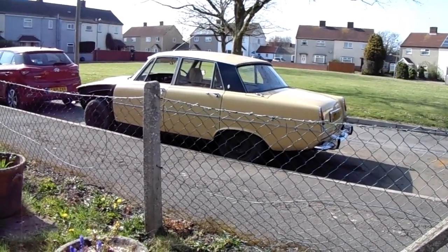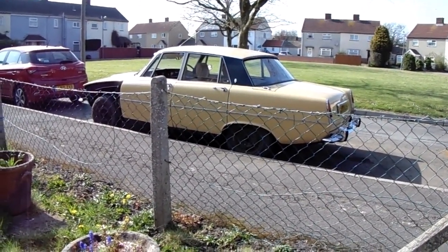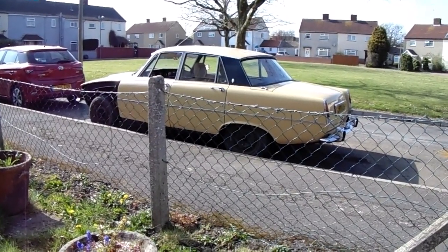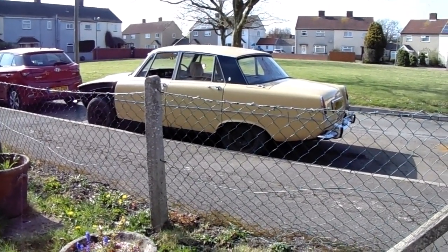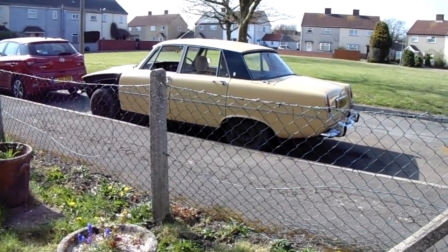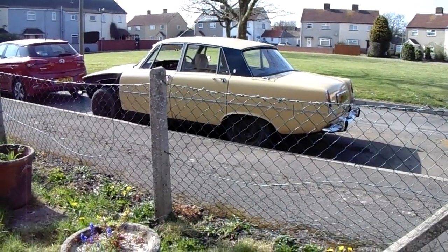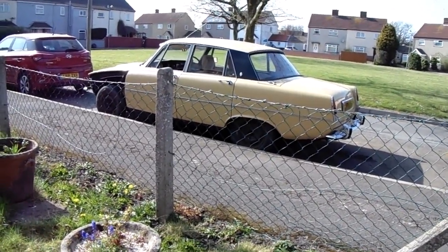And I've paid the earth for this car, that's the trouble. I paid far too much for this car. I rushed into it a little bit really. It was just the fact that it was exactly the same colour as the one I used to have. Exactly the same dash and everything, and I did rush into it a little bit and paid well over the odds. Well, put it this way, for what I paid for it, I could have got a minter, all resprayed and everything like that, but would it have been